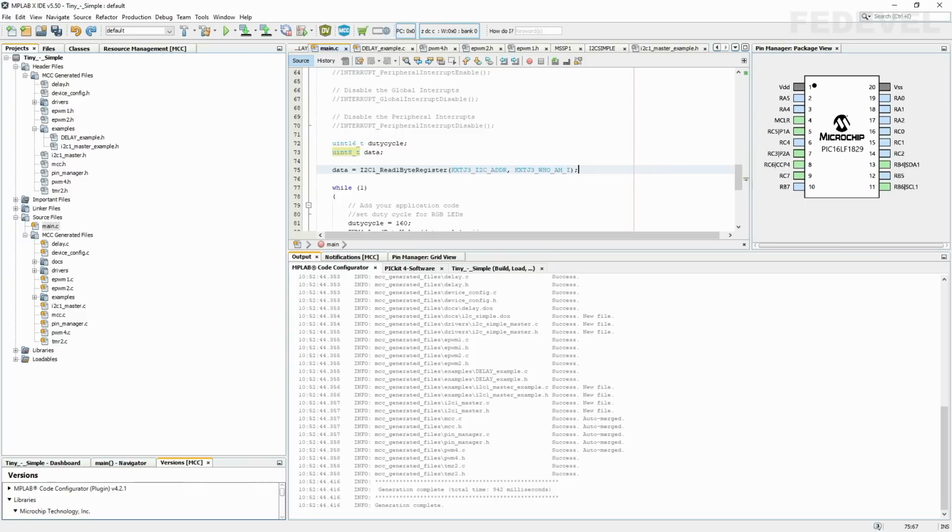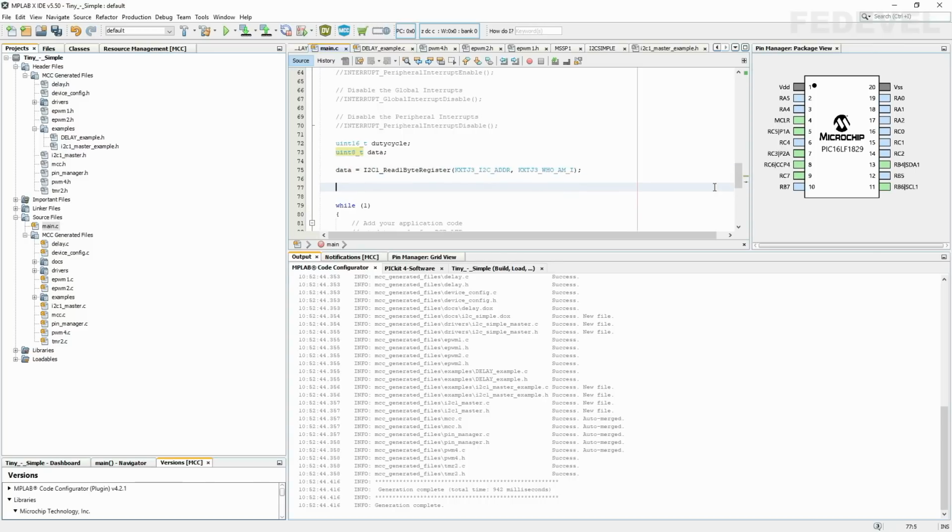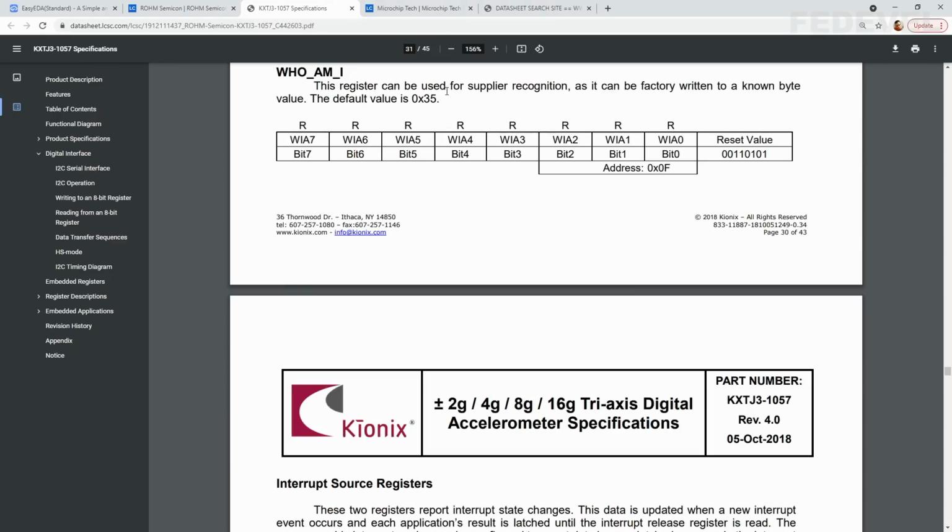We can use the red and green LED to indicate if we were able to read the accelerometer. So I'm going to place here a very simple condition, like if data are what we should read. Do you remember? The default value is 0x35.